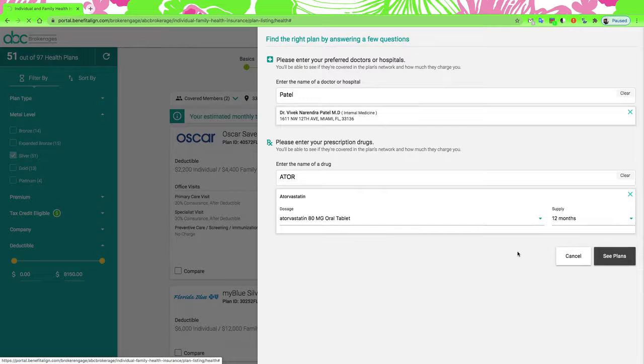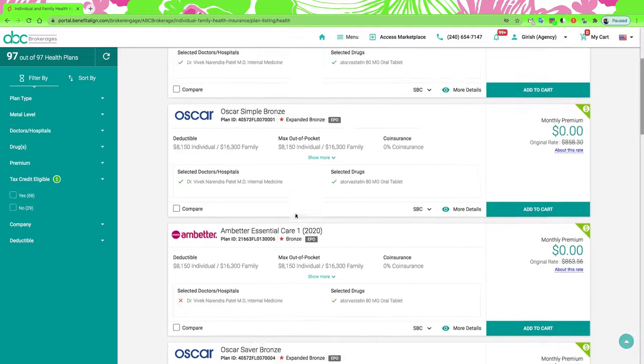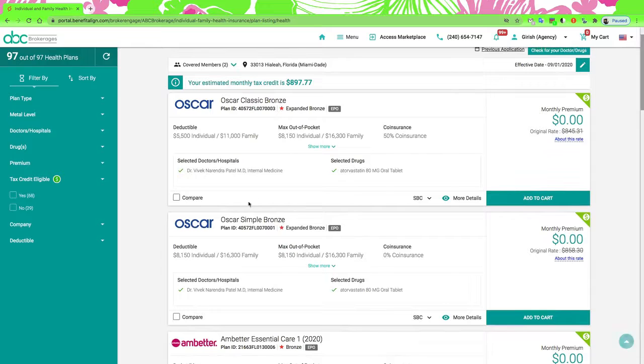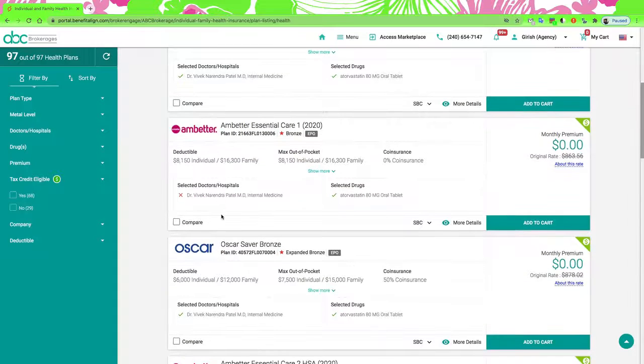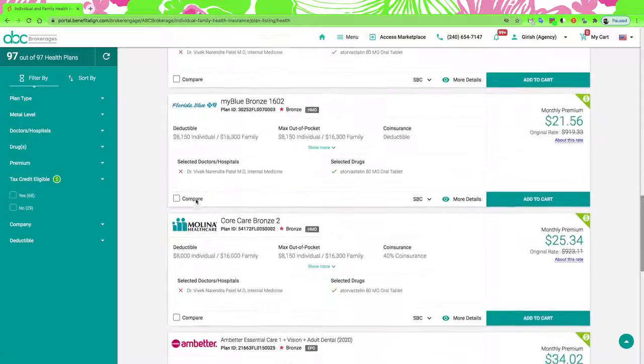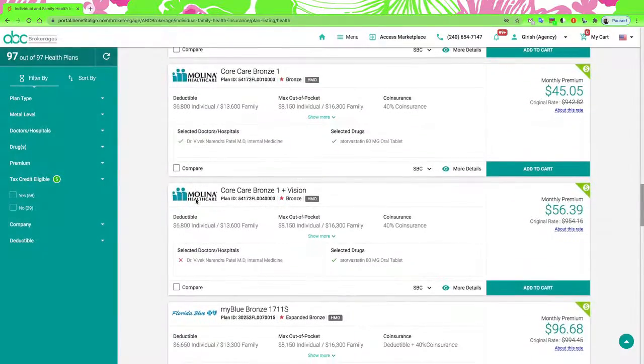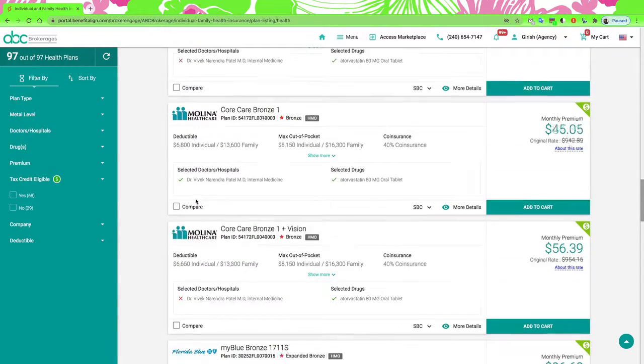So once I click on see plans, it's going to filter out the plans. As you can see, every plan is going to tell you whether that particular provider and the drug is covered or not. In this case, you can see Oscar clearly has a good network here, so it's covering those doctors and the drugs. But Ambetter not so good. See, it doesn't cover that doctor, so it doesn't have a great network. So very easy to review all of this information on the screen and accordingly guide and advise your customers about